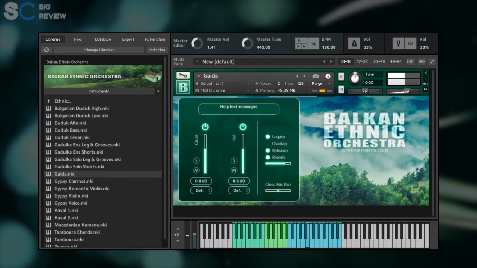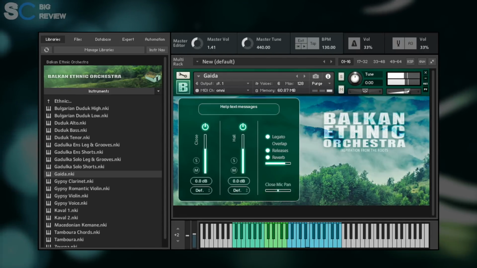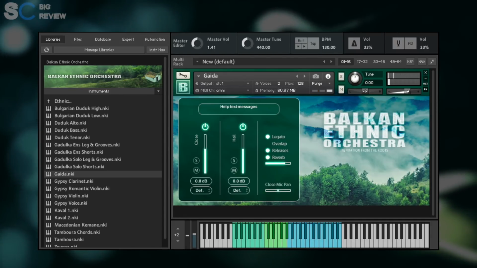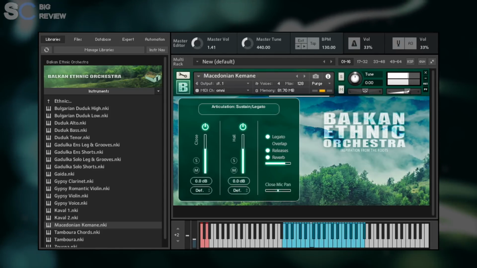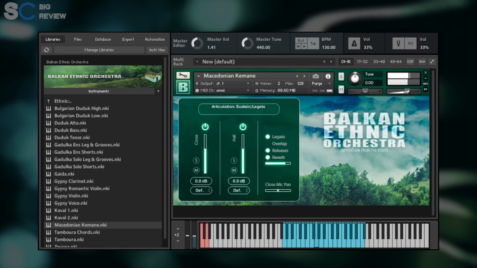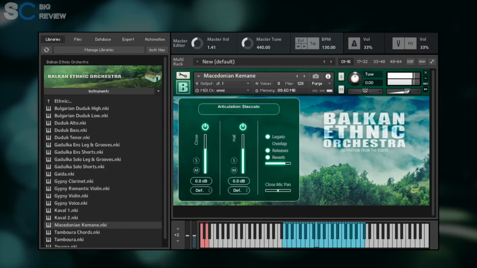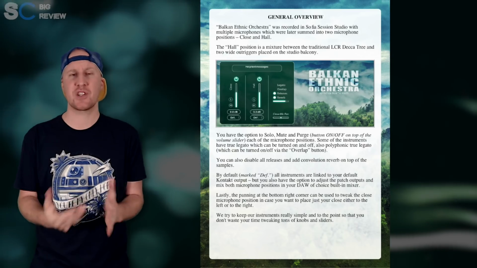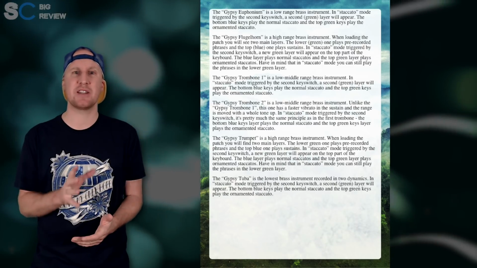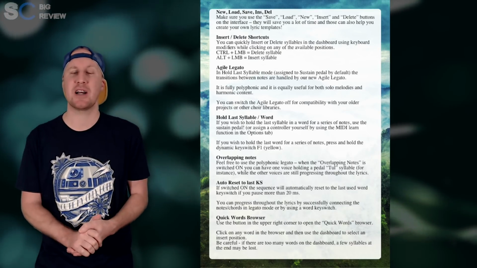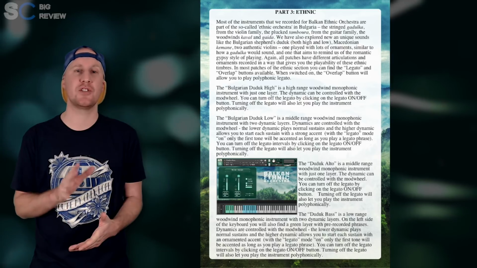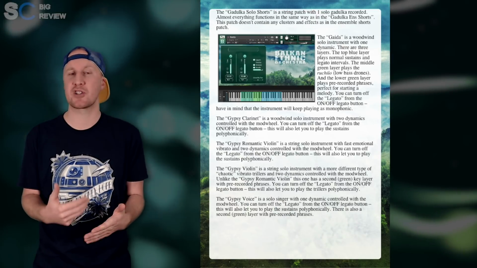With the ethnic instrument category, there's a lot to get into. Some of these instruments are legato, some have drones or rhythms in the left hand and playable legato on the right. It's a real mixture, so you do have to learn how to play each one, and some of them are quite different from one another. For such a wide range of instruments, that's really the only way to do it in the sampling world, but thankfully the detailed manual has lots of information on this, so do keep that manual handy when you're experimenting with